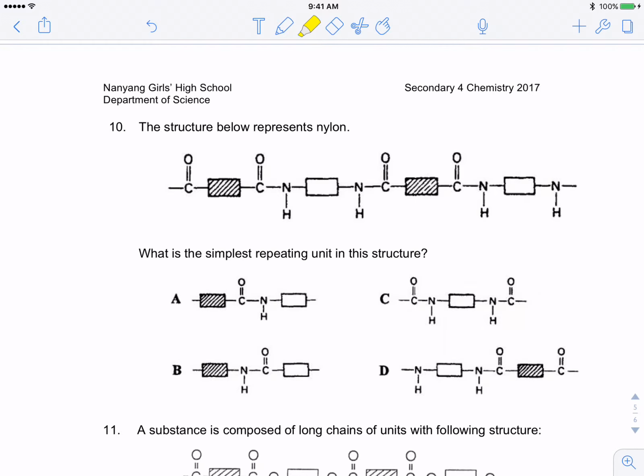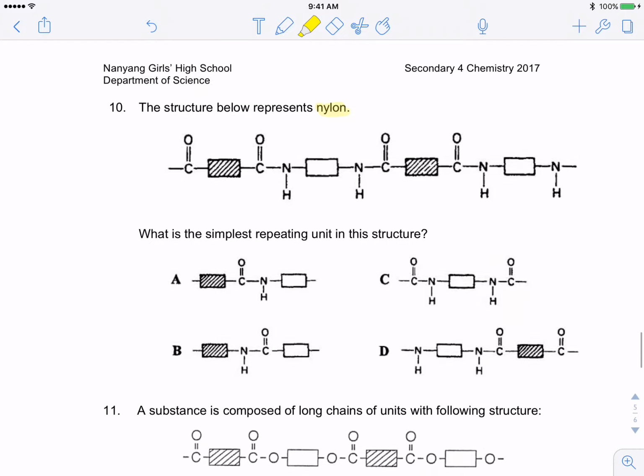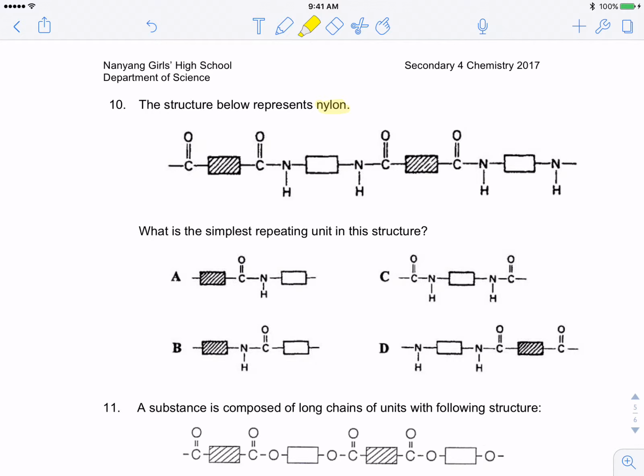The structure below represents nylon. What is the repeating unit in this structure? How can we break it down? This is the amide linkage, this is another amide linkage. Based on this, what are the monomers? Is there one monomer or two monomers? Remember that there are two possibilities. I can have one structure where one side is the nitrogen, the amine, and the other side is the carboxylic acid. Or I can have a diacid,